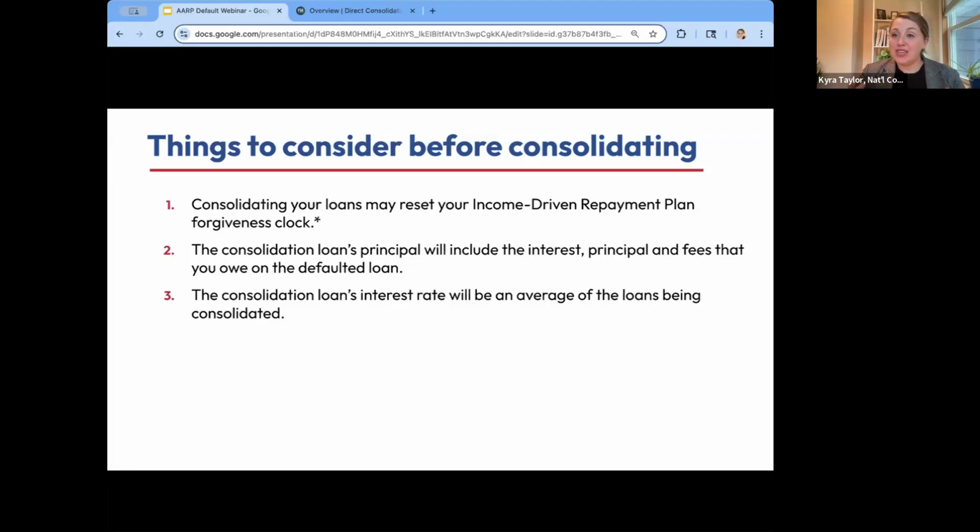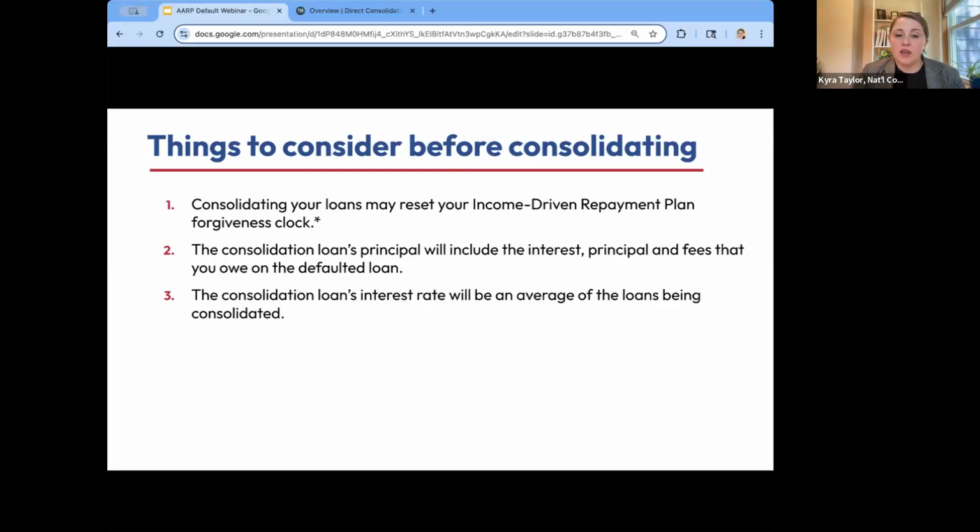The thing for you to know today is that if you consolidate your loans, it could reset your income-driven repayment plan forgiveness clock. However, if you're in default, that issue may not stop you, because resetting the clock may be better than continuing to experience collections.